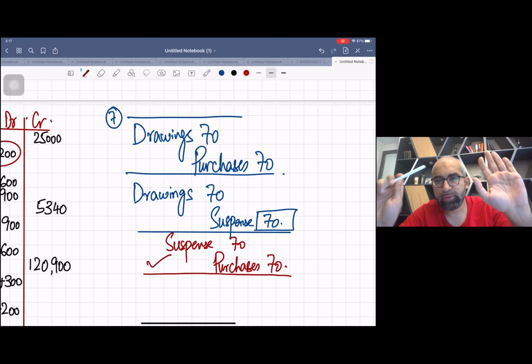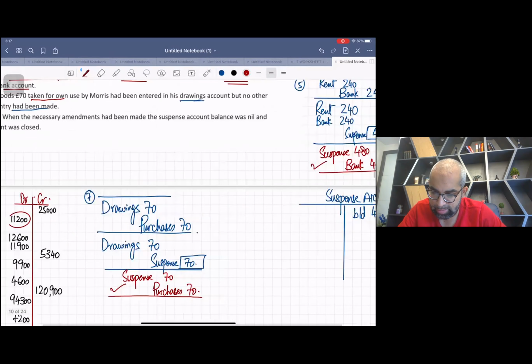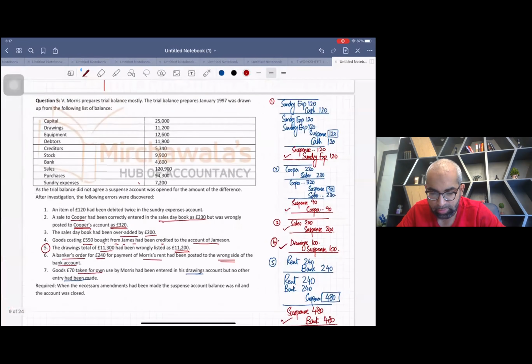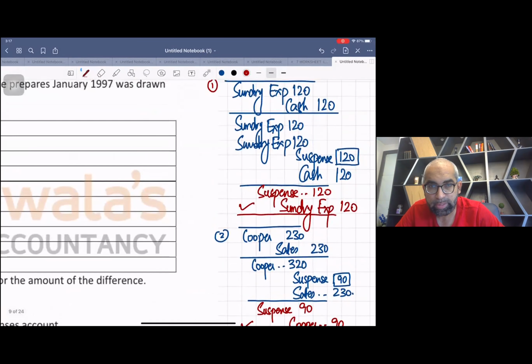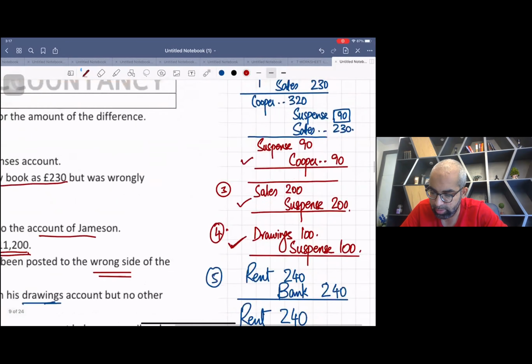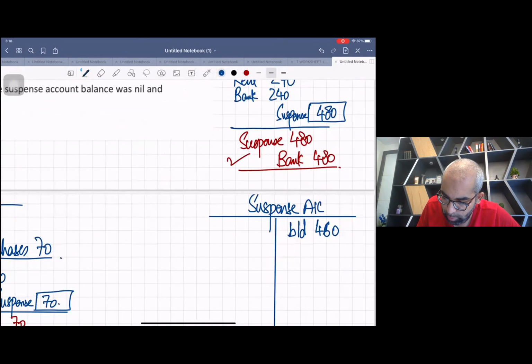So now first thing, go easy. Let's do the same work we were doing in the last question. Let's post this. First close the suspense. In the first entry, suspense is being debited. See, suspense debit by 120. We'll write here